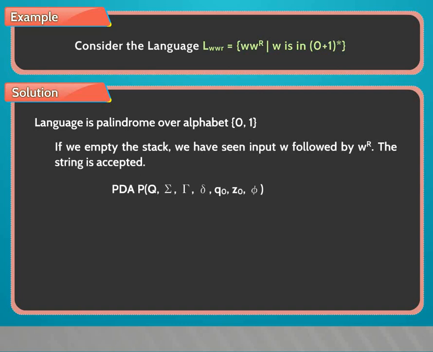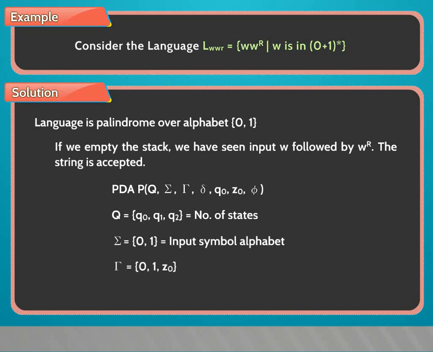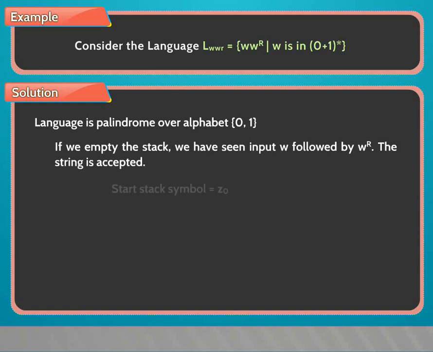PDA P = (Q, Σ, Γ, δ, q0, Z0, φ). Q = {q0, q1, q2} is the set of states. Σ = {0, 1} is the input symbol alphabet. Γ = {0, 1, Z0}. Start state is q0. Start stack symbol is Z0. Final state is q2. Delta is